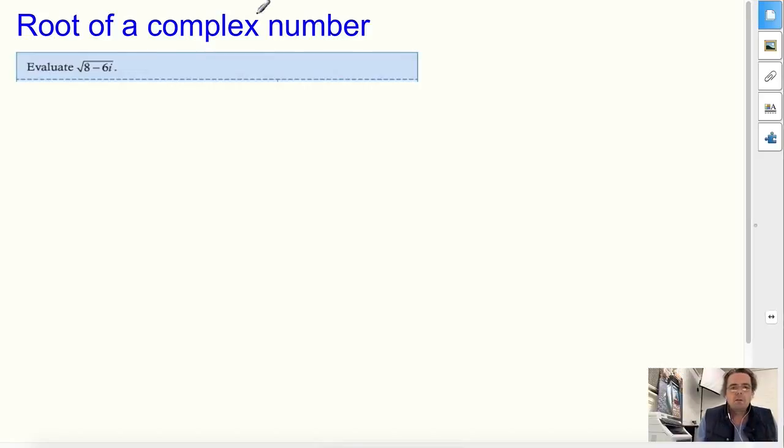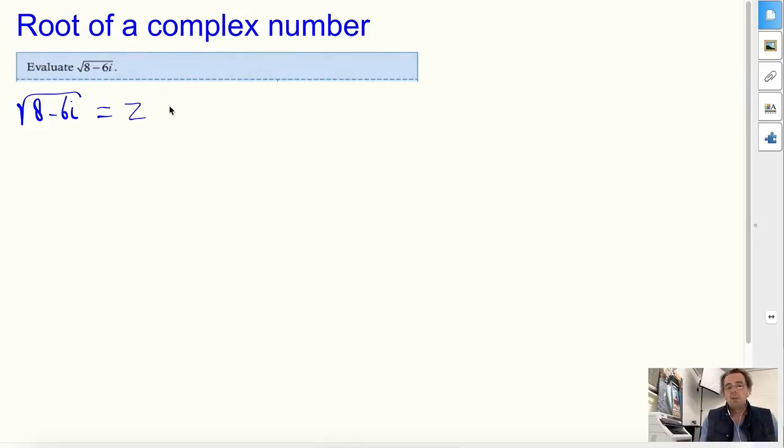Hi guys, let's take a look at the root of a complex number. Here I have a complex number, 8 take 6i, and we're going to take the root of that number. Now, to start that off, let's bear in mind that the root of 8 take 6i is a complex number itself, so we can say that's z, the complex